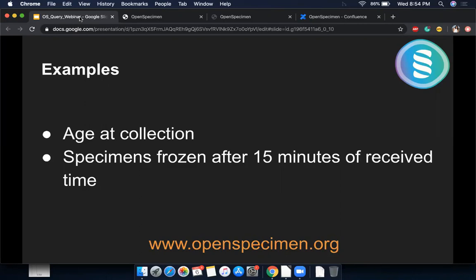All these things, you can calculate the time difference between these date time fields so that you know how much time it was out of the freezer. When you're collecting specimens, you're going to enter the collection date and time, received date and time, and frozen date and time. Now using reporting, you can find the time difference between these. We'll see how to do some of these examples now.